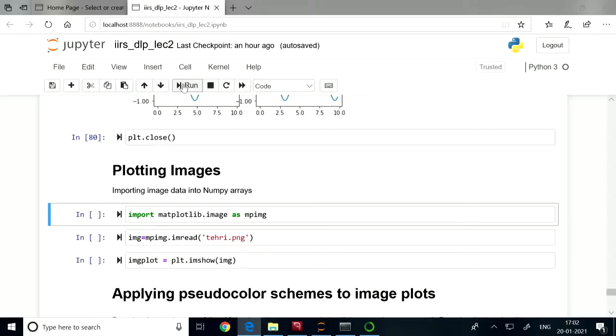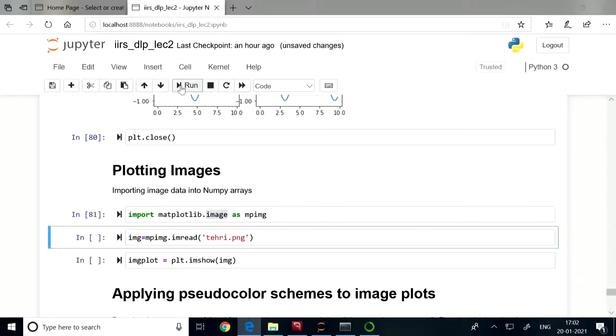Tomorrow onwards we will use other libraries for reading the data and processing. So for that there is an image module available in Matplotlib. First we need to import that. So we are importing matplotlib.image as mpimg. This mpimg module has a function imread, which reads an image